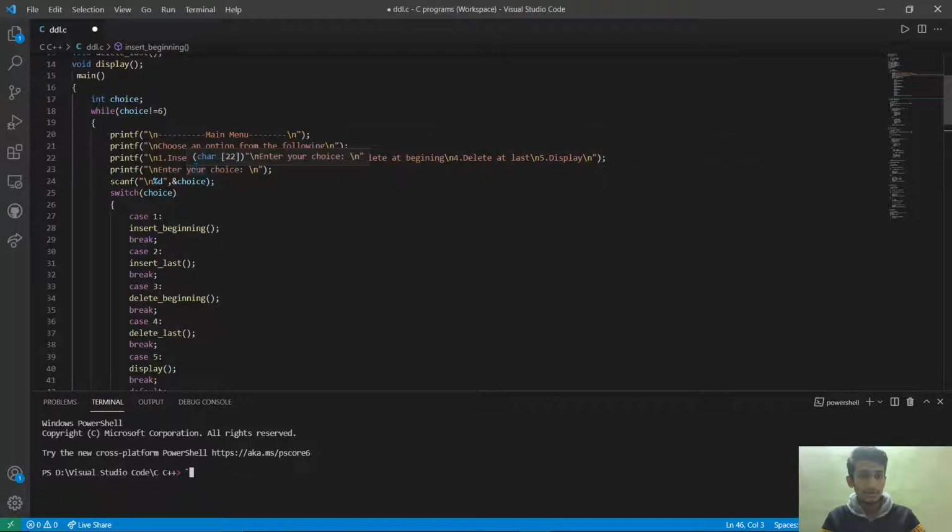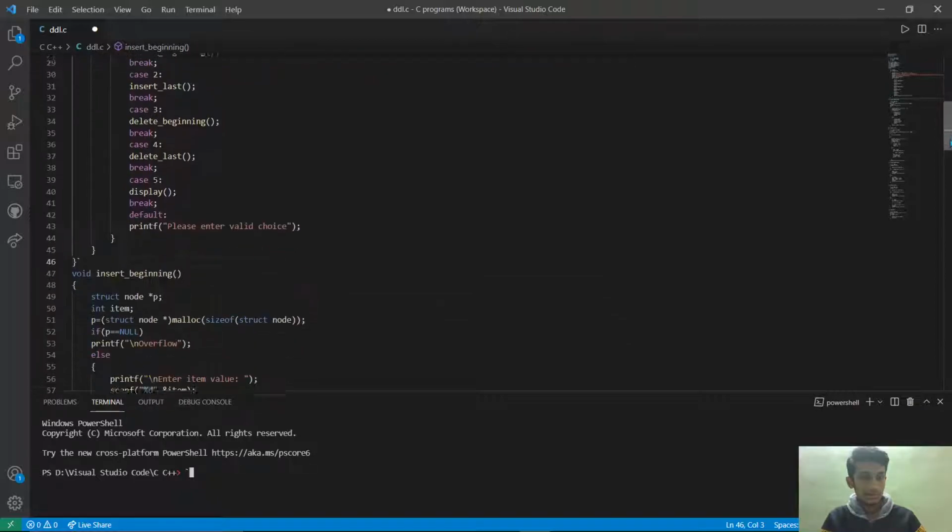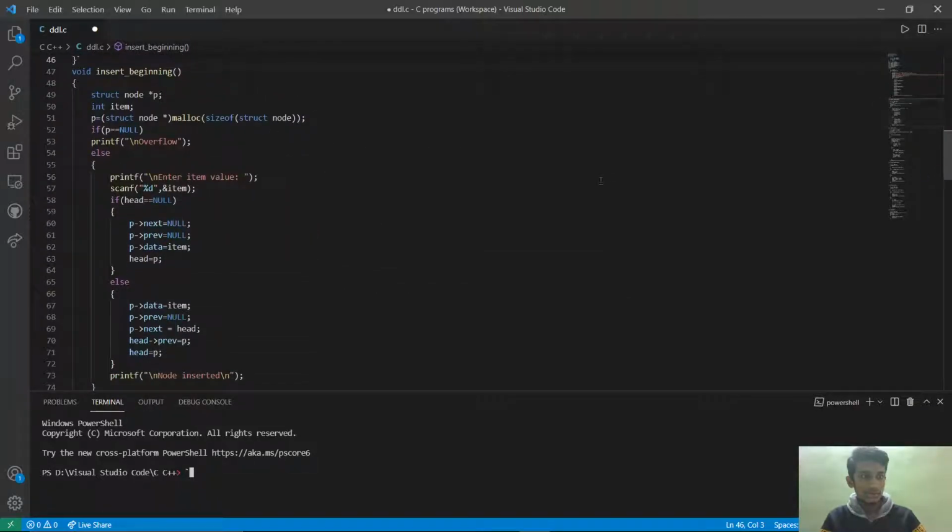The options are inserting an element at the end or at the beginning, deleting an element at the beginning or at the end, and displaying the list. Now choices are given, and based on the cases the functions will execute. And then let us see the function definitions.